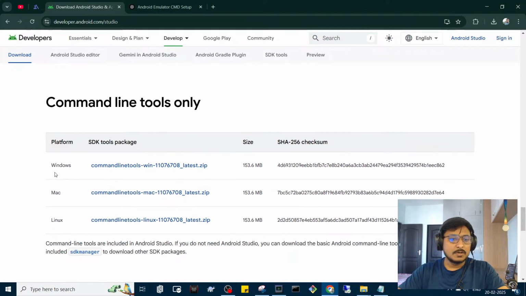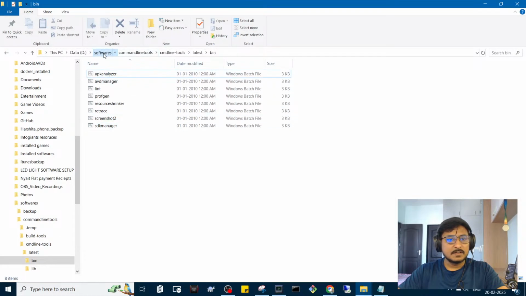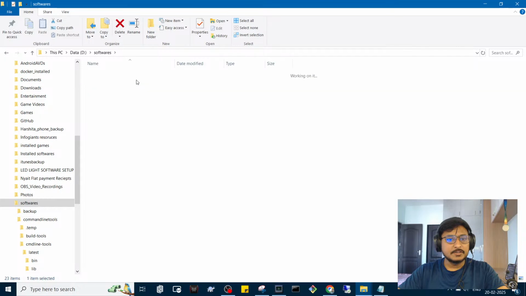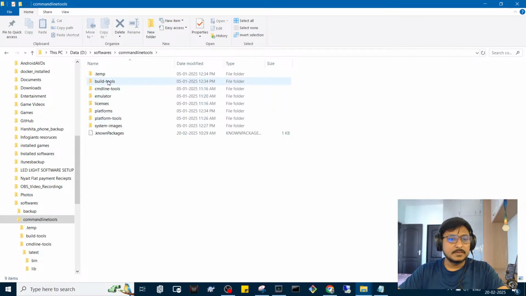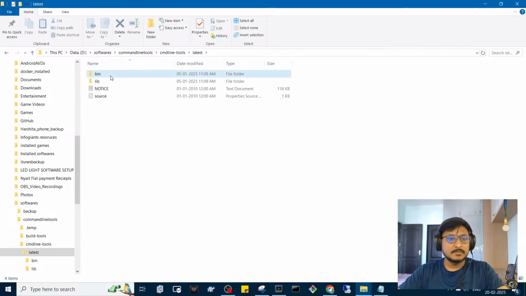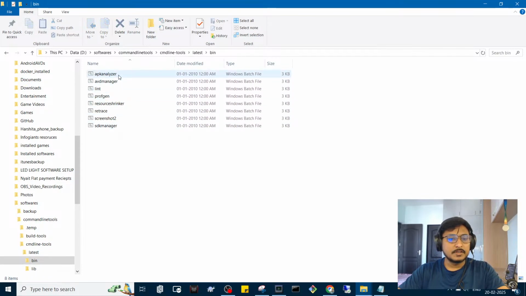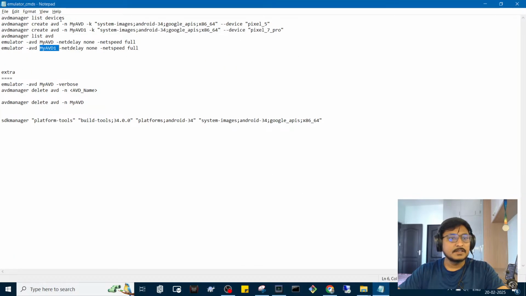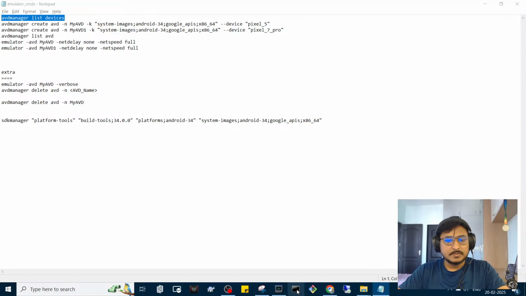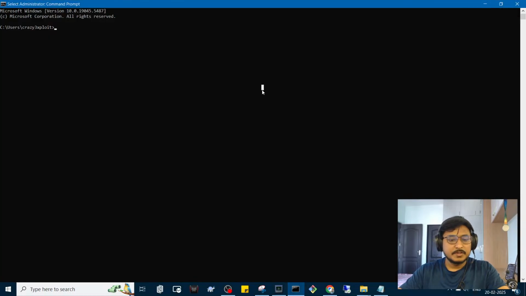So all we need to do, according to our operating system, just download the command line tools package. That's it. And after that, you will see it like this: software, command line tools, and there will be different things like build tools, command line tools. So if I go to command line tool, let us build. So these will be different tools to run our emulator. So other handy commands we have are some of these commands. So I'll run each one by one to show you what this means. So if we come here,